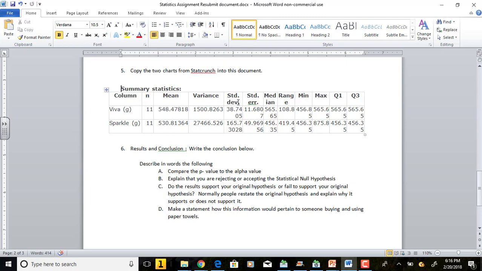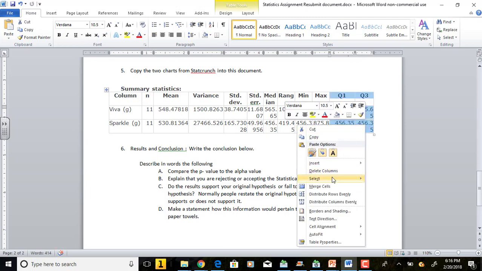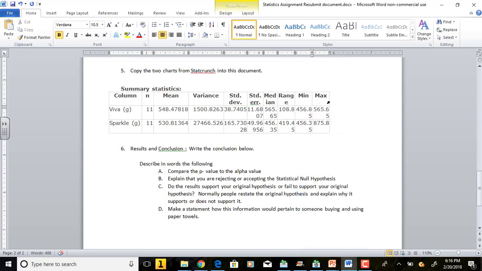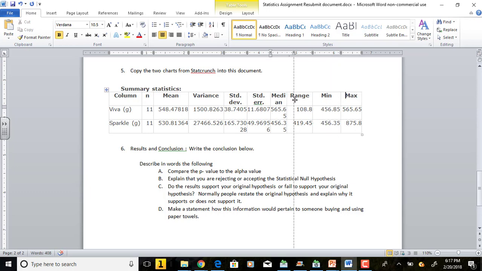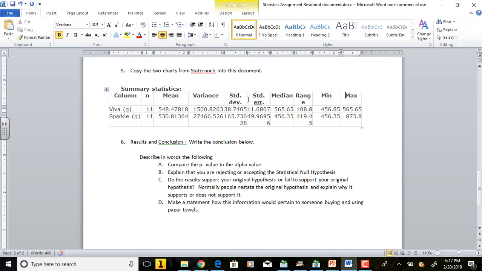You can even go up to your charts and redo all of the formatting. So I don't even need Q1 and Q2, so I'm just going to delete that out. I'll just delete my columns because I don't need it. But I will keep my min and my max and my range and my median, my standard deviation. I'll keep that. And once I have my data looking pretty nice,